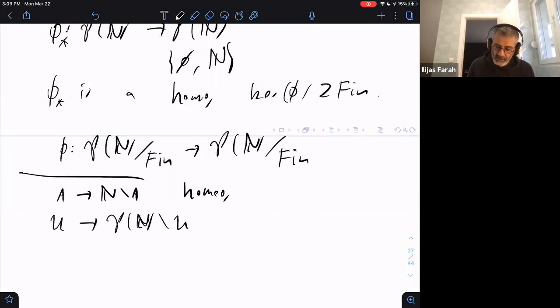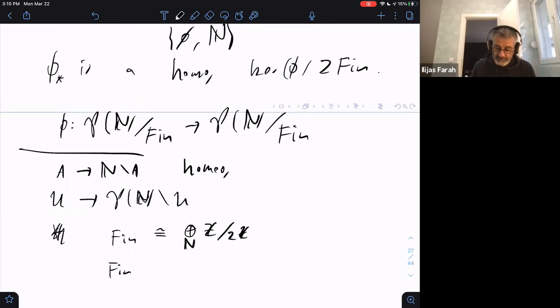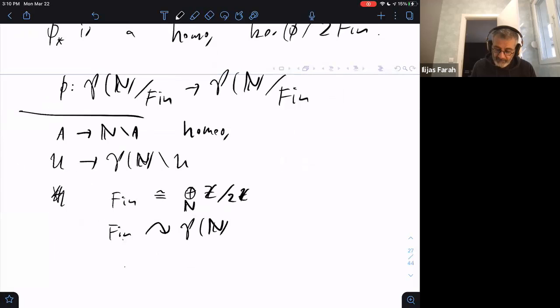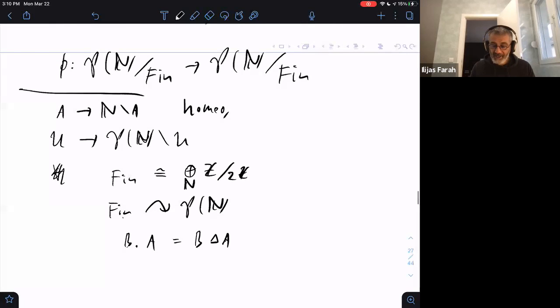And moreover, one should really say this in terms of group action, but I'll just say it without writing it. Just think of fin as a group. It's really isomorphic to the direct sum of countably many copies of Z mod 2Z. And fin acts continuously on the power set of N. What is the action? Well, if I have an element of fin, let's call it B, and a set A, the action is just taking the symmetric difference. You can just check that this is a continuous group action, and the